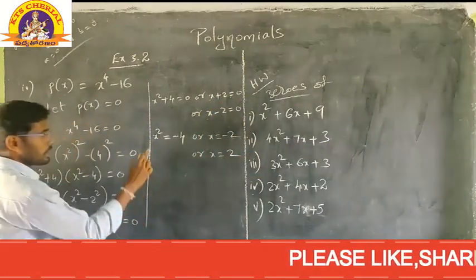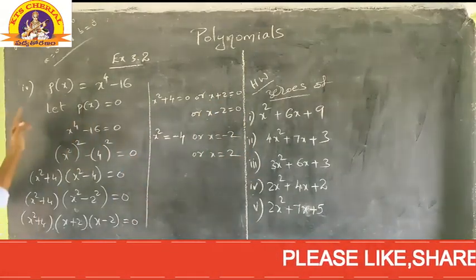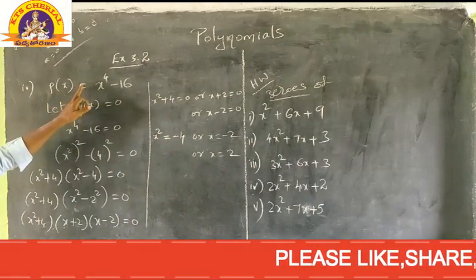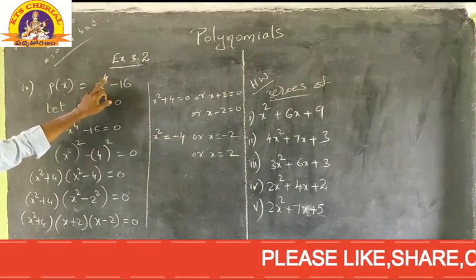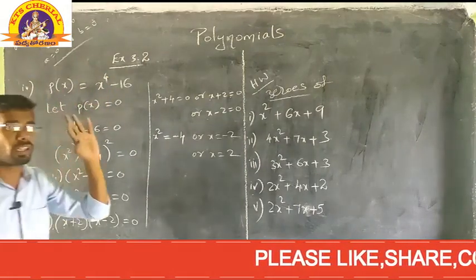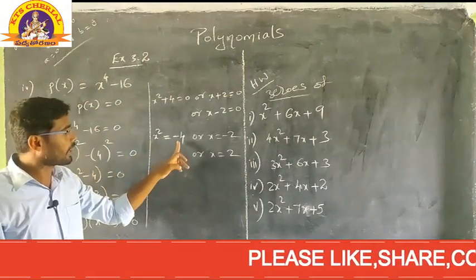x equals to 0. Now still you have to simplify this. Already said, how many zeros will you get? Always the number of zeros is equal to the degree of the polynomial. Here the degree is 4. So in total how many zeros will you get? You will get 4. If you observe properly, how many did you get here?